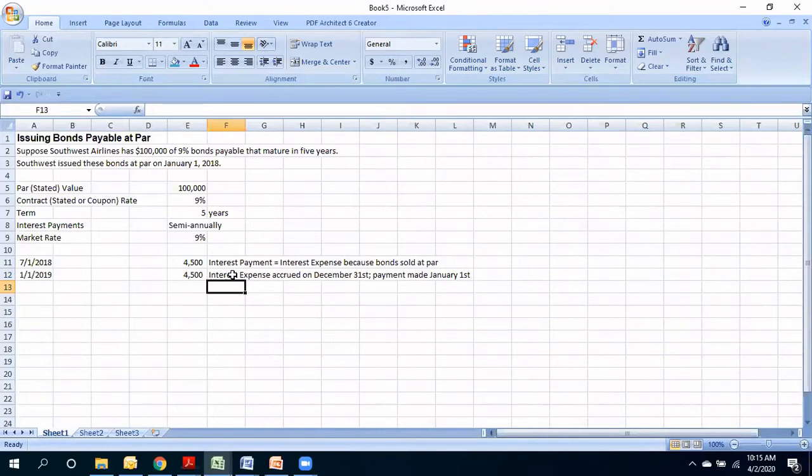It probably would have been easier if we had issued the bonds on December 31st, but it doesn't matter. So we're going to do this every 6 months for the next 5 years. And then what you're going to see is that on